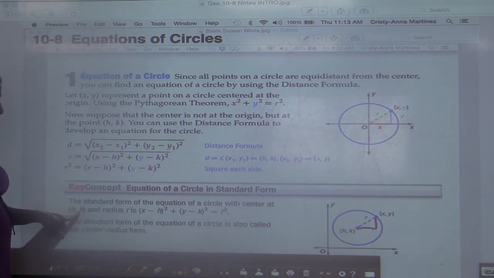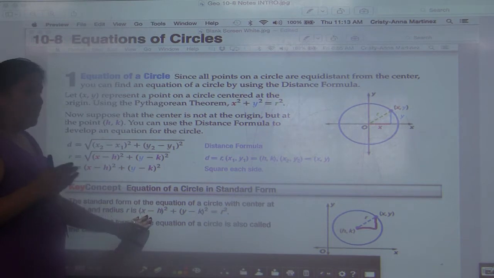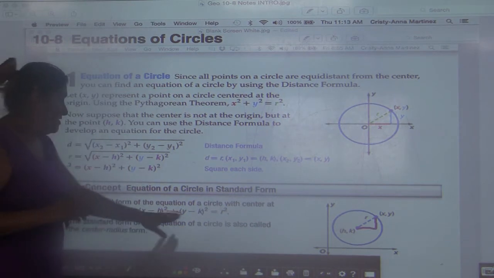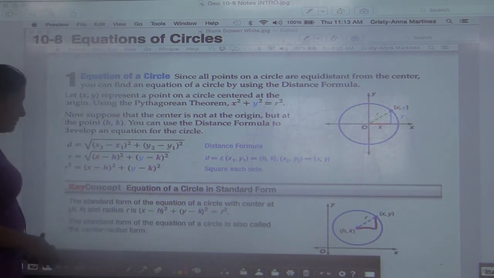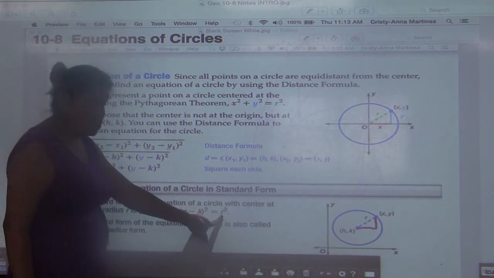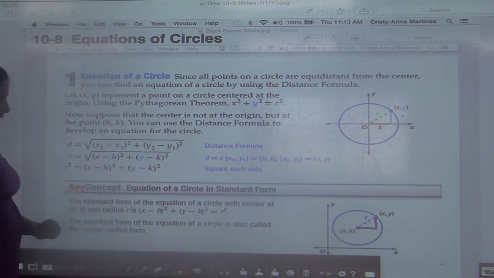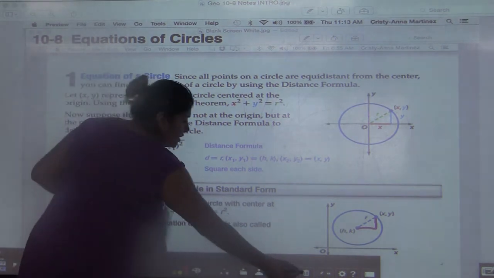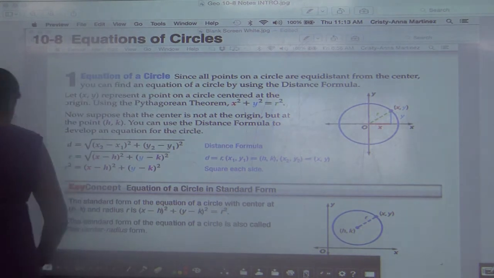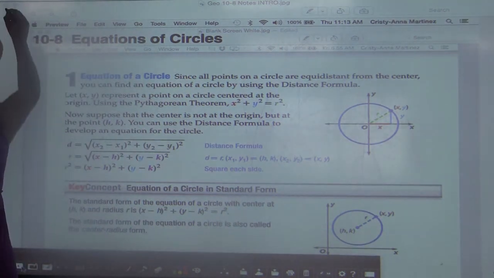They're both positive. So basically what that tells us is that when you're looking at the equation, the center will always be the opposite sign of these values. And then for the radius, be careful that this is r squared. So in order to get the radius, you have to take this value, square root it, and that will give you the radius. So we're going to use this information to get to our first